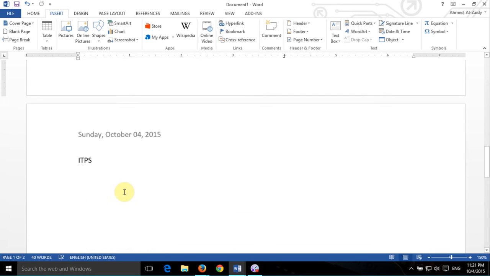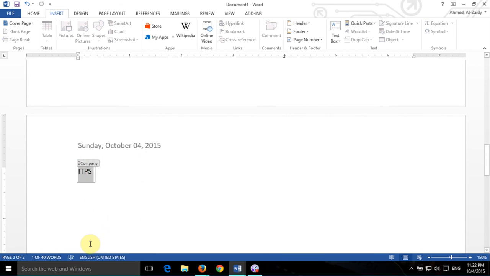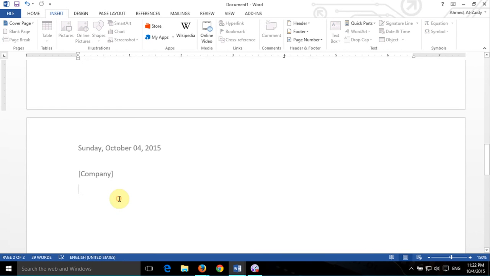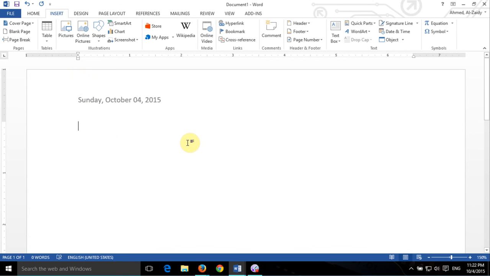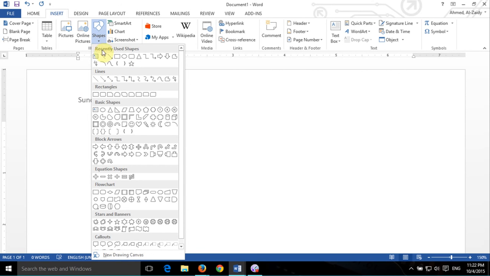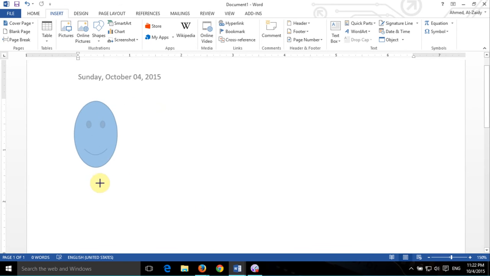Working with shapes. Sometimes we need to work with something called shapes. Okay, now we have it over here. Let me delete everything. We can go to Insert. There is a group called Illustration. We can choose a shape from it. For example, I will choose the happy face. I will click on the smiley face, and I will drag, and don't leave until you see the size that